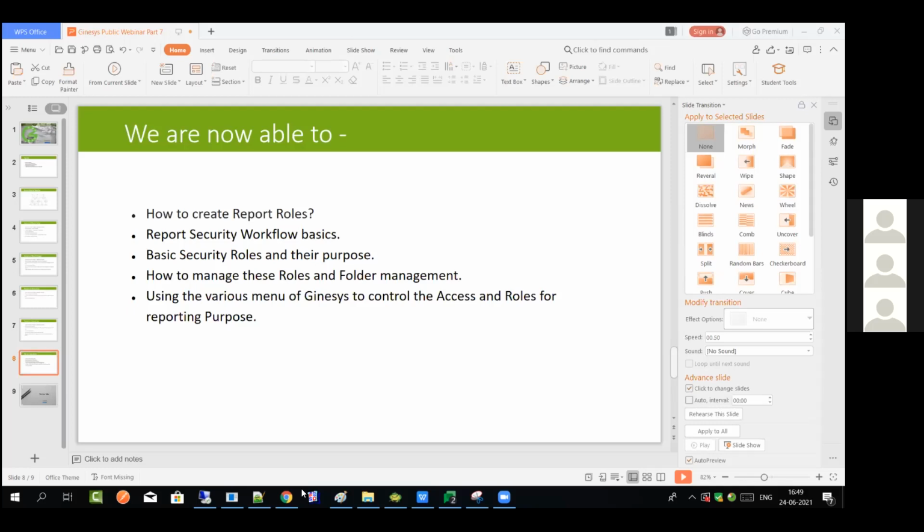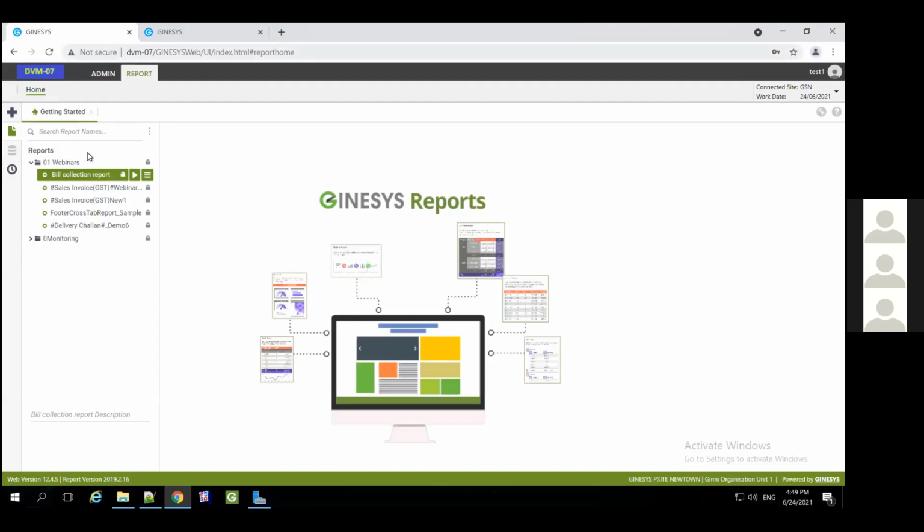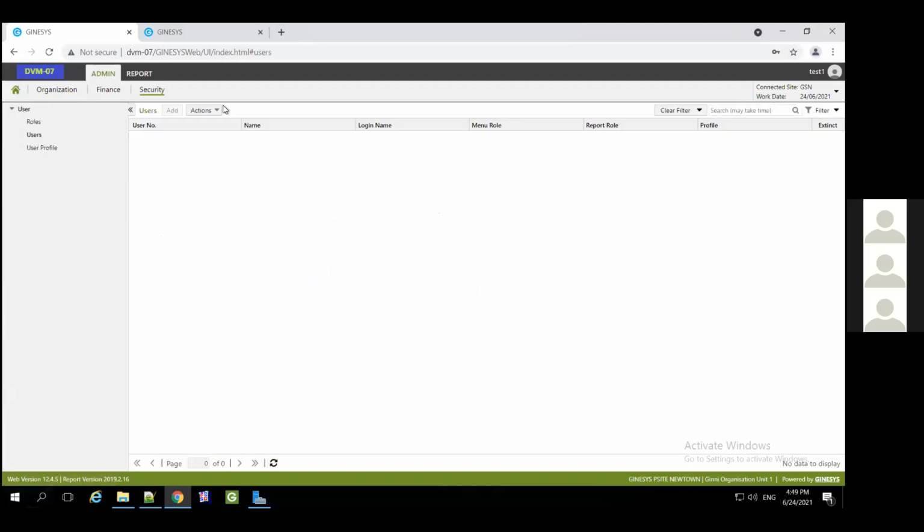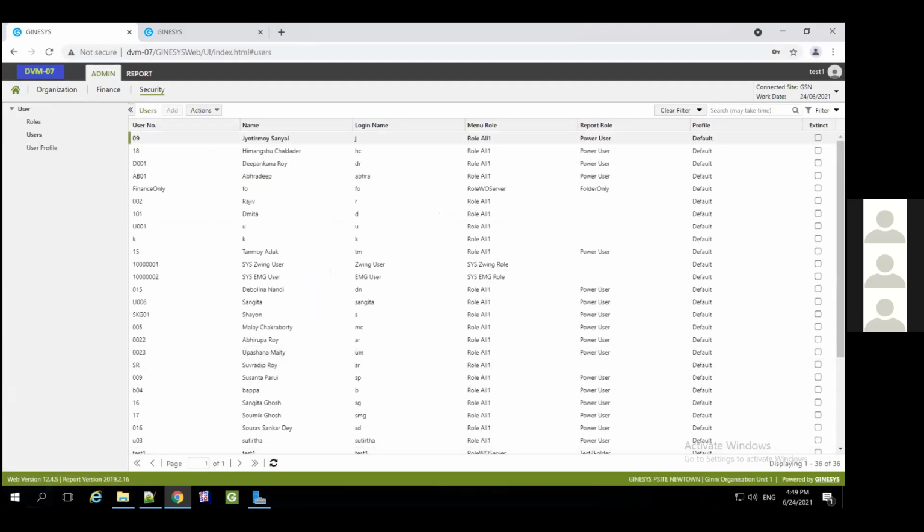As I mentioned through the admin menu, which we talked about while concluding, security is where you manage the users. So these are all my users. There are 36 users in this particular report. Of these, let's say there are 4 users to whom you want to provide only finance module reports, read only. Individually you have to go into each user and change the report role. Right now, all of these have power user. Say you have created a role called finance only. Then that role has to be assigned to these 4 users, and those folders have to be read only.